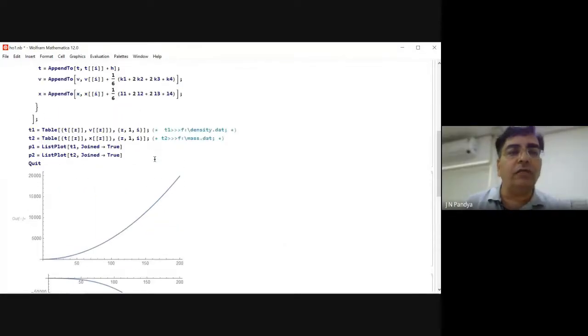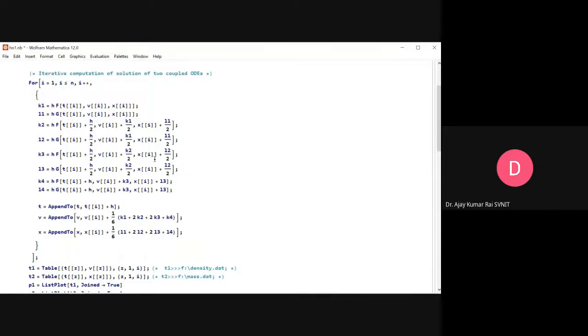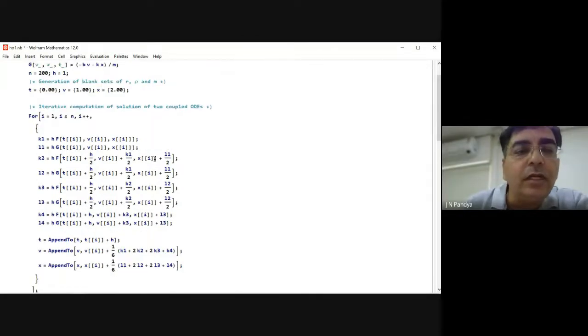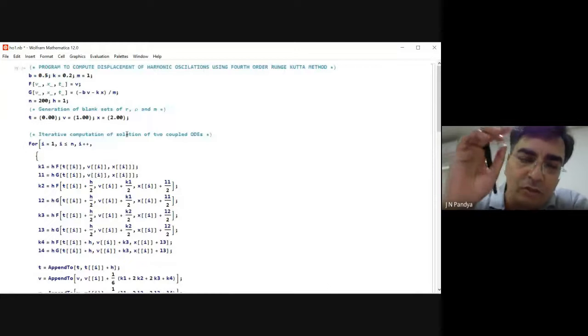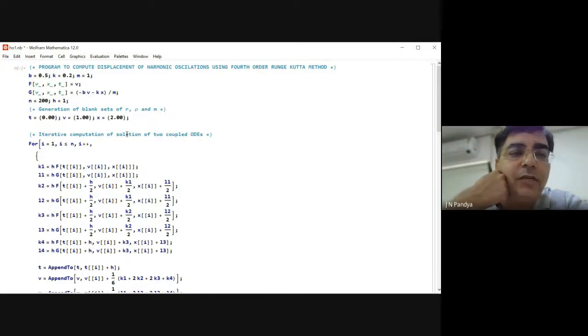Okay, I'll just work out where the issue is and I'll share this code with them also, so that they can find it out. As such, when you are trying to solve anything, for example, once you have done this problem with the RK4 method, I have a list of problems that you can do straight away with RK4 in this way.